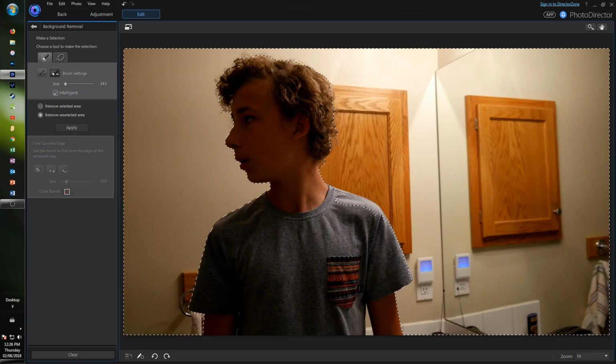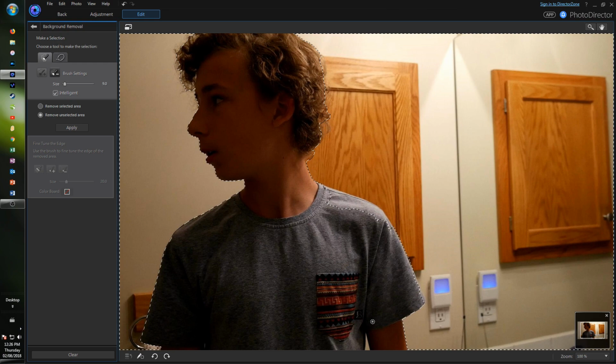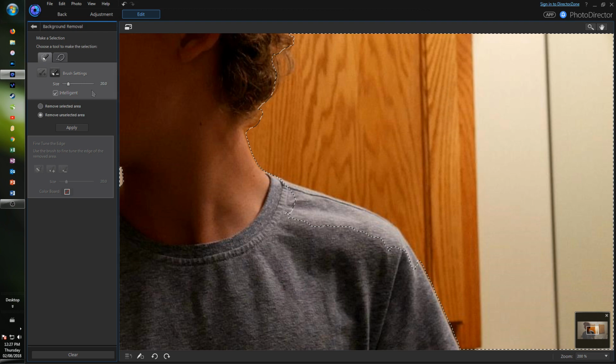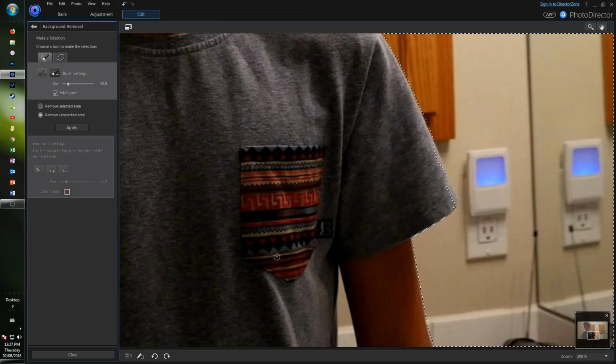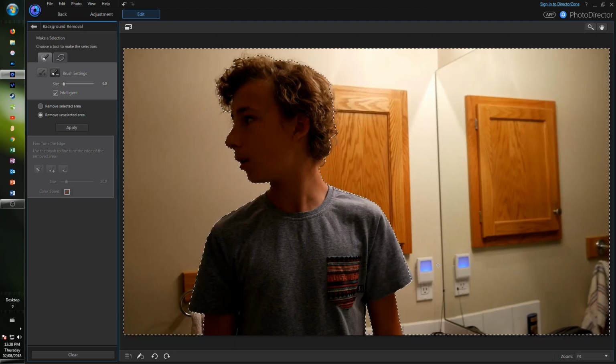So I think it's actually done a pretty good job, but there are still some things to fix. So it's gone over my shoulder here, so we can just click on the erase brush and select those areas. And don't forget small areas like this, because they can make a difference. And there we go, looks like we have everything else selected besides me. So let's go remove selected area. So in the case that you would have selected only your actor, you could click remove unselected area, since we're removing the background. And we're just gonna click apply,